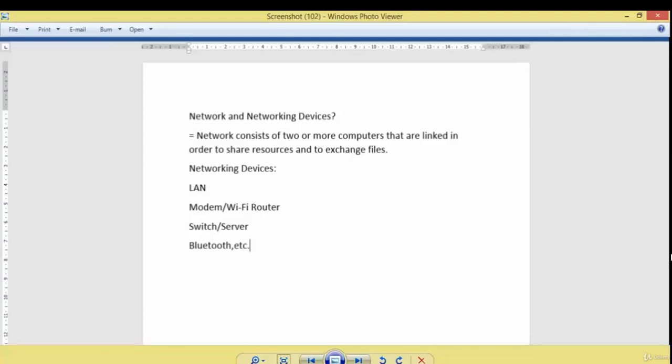A Wi-Fi router is a device that performs network, and these are mainly of three types. First one is wired, second is wireless, and third one is hybrid. Now let's see the difference between wired and wireless router. From installation point of view, a wired